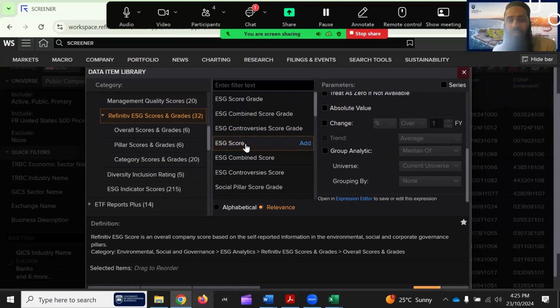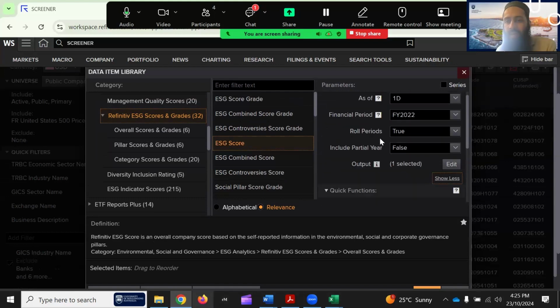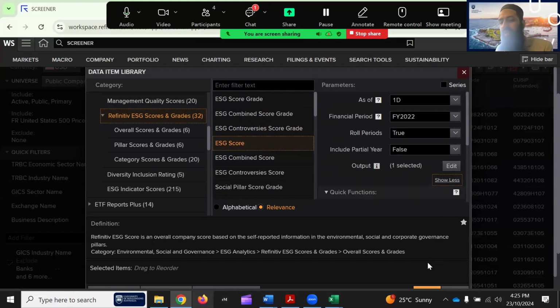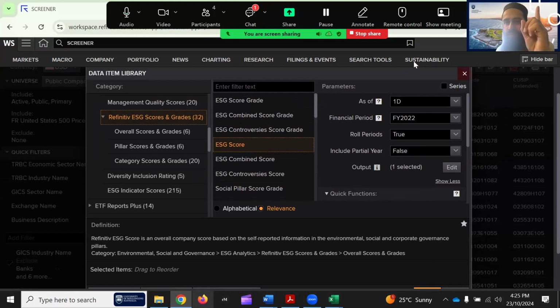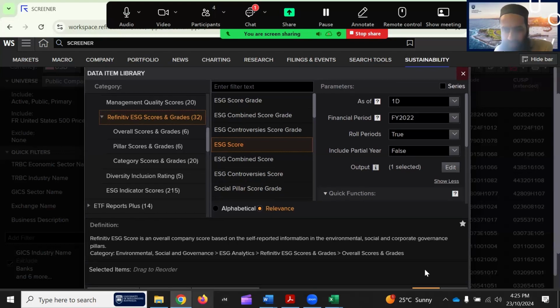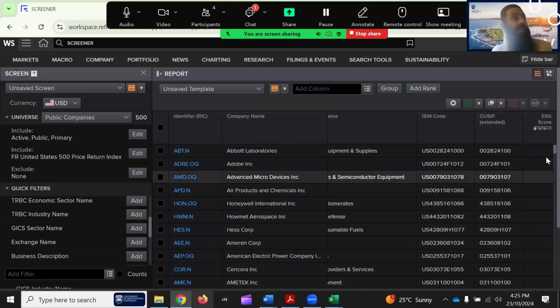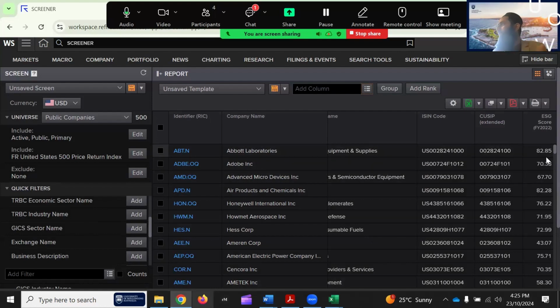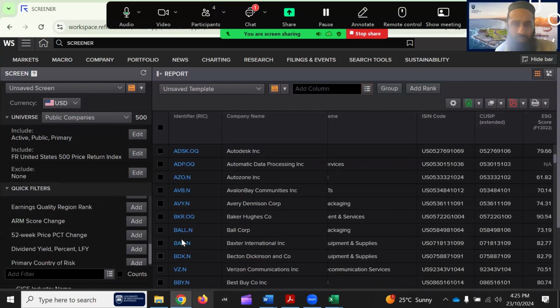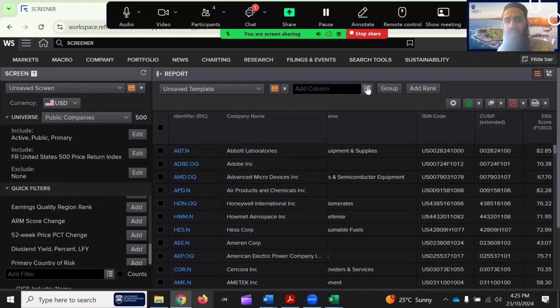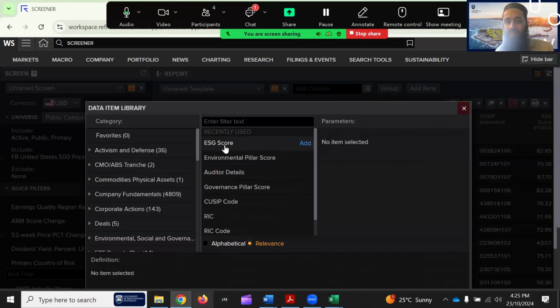Okay, so in the ESG score, I just added here FY 2022. It becomes one year of ESG data. Then at the bottom here, I think it's not showing, but there is a yellow tab here. Click OK, and the ESG is added as the last column. It's very quick. It's added there for all 500. How many companies are we working with? 400 plus.